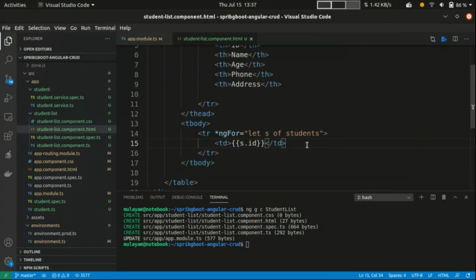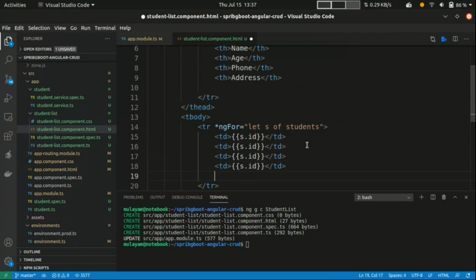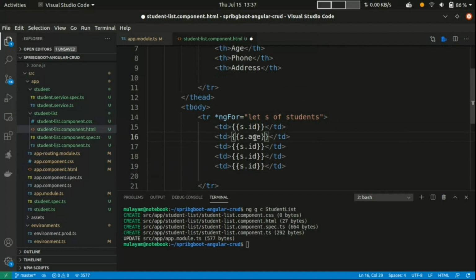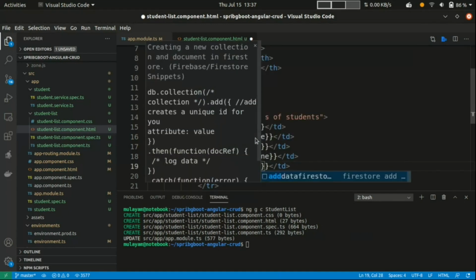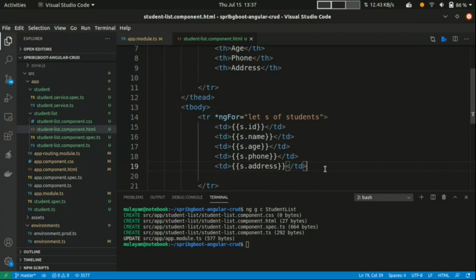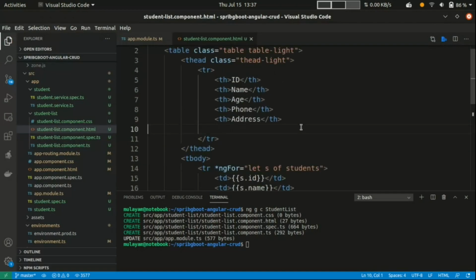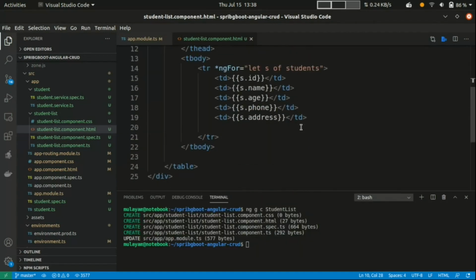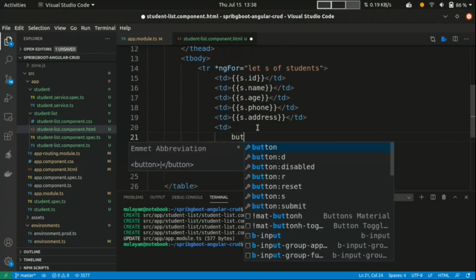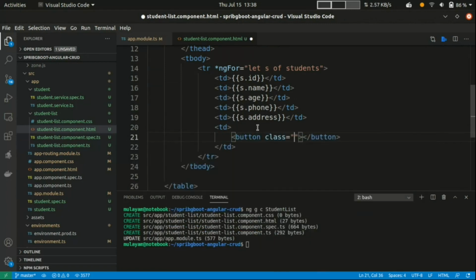Let's add the other fields here: s dot name, and age, phone and address. That's great. Now we are seeing everything. Let's add one more header, th action, and here add td with buttons.